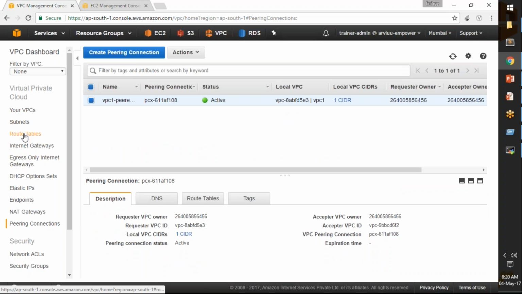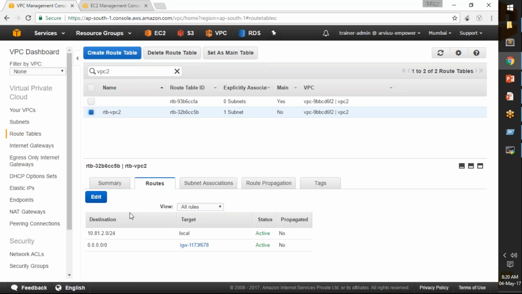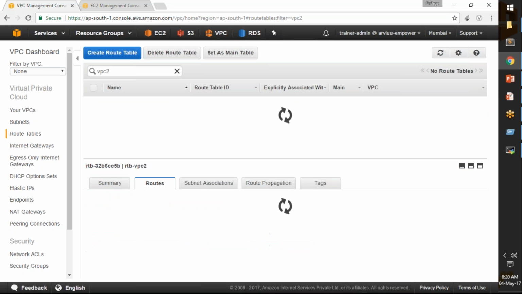So I'm going to go to my routing tables. You can do it here also, but let me not confuse it that way. Let us do it in the very conventional way. Let us go to routing tables, and VPC2 is selected. Let it refresh. VPC2 is by default selected. As you can see, this is the custom routing table I created. It doesn't say main here. That means that it is the custom table I created. I have a route for internet traffic and I have a local route. I'm going to edit it,